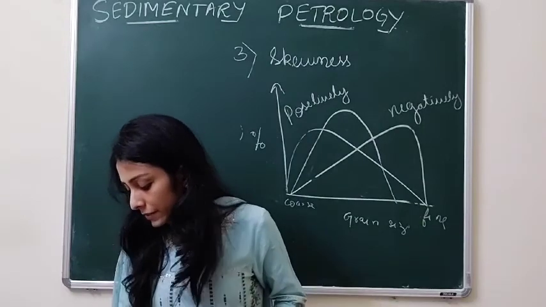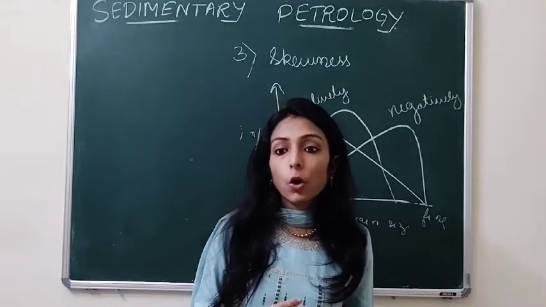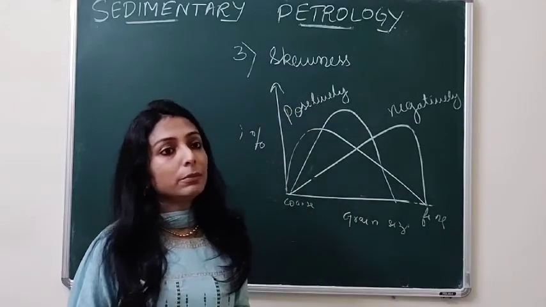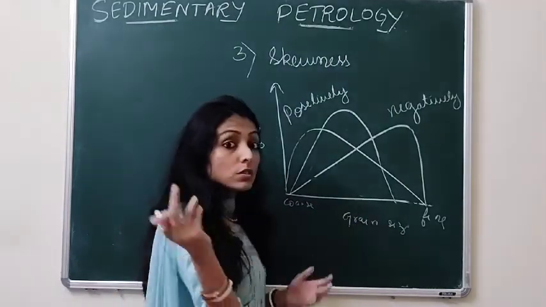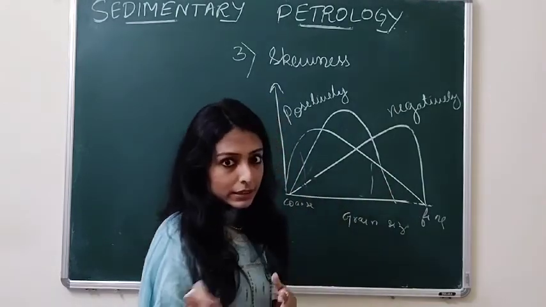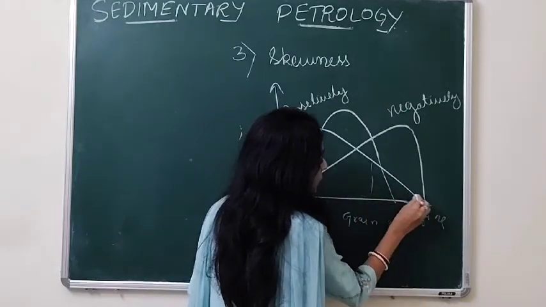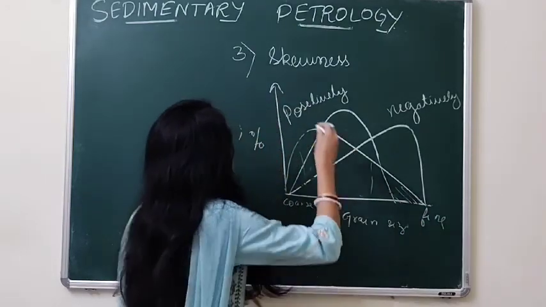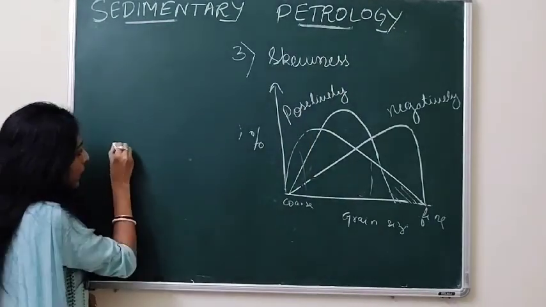So how do we calculate skewness? Skewness also has a formula, and again the skewness is not the normal skewness that we generally calculate. We generally calculate normal skewness mathematically, but in case of a grain population the maximum skewness occurs in the tail. In mathematics we include 68% of the graph, but when we are talking about grain size, where is the maximum skewness occurring? It is occurring in your tail, isn't it, so we include the whole graph, which is why this is also known as inclusive skewness.